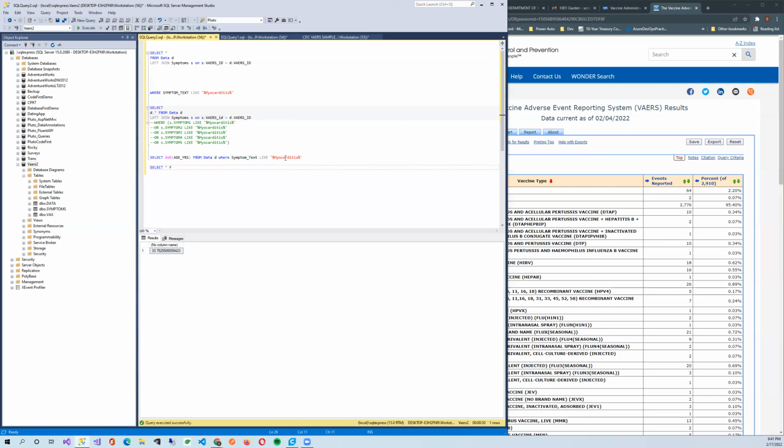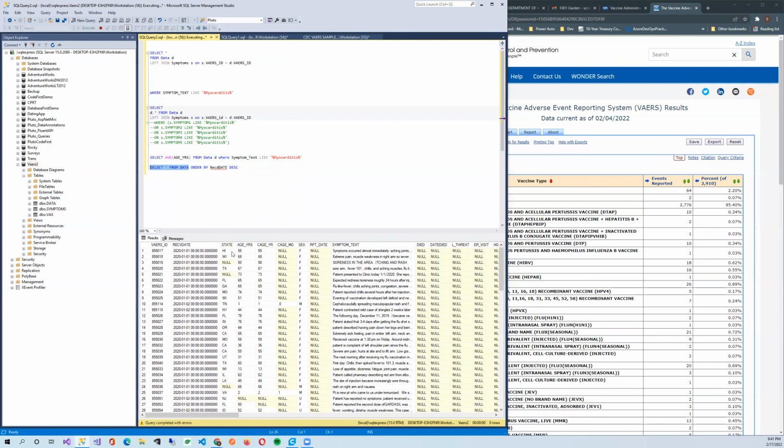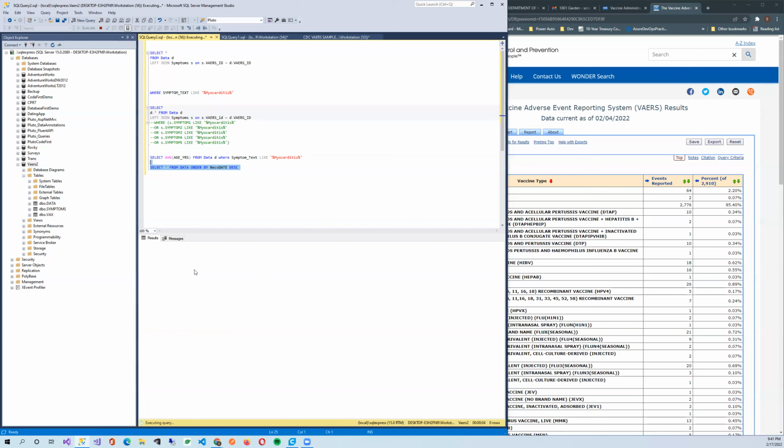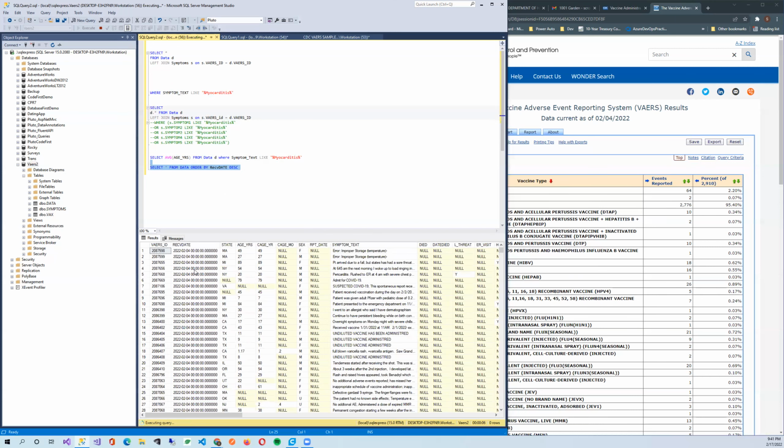Let me look at this data again. Order by received date, descending. Oh my gosh, what is the RECV date? Descending. Let me make sure I didn't import any new rows, because I was messing around. So February 4th